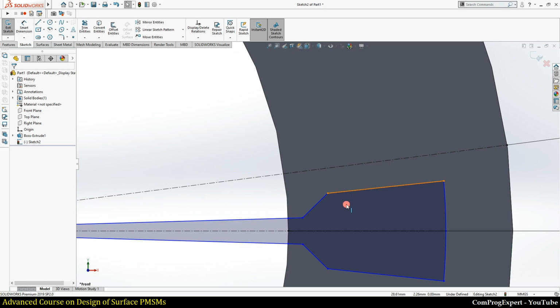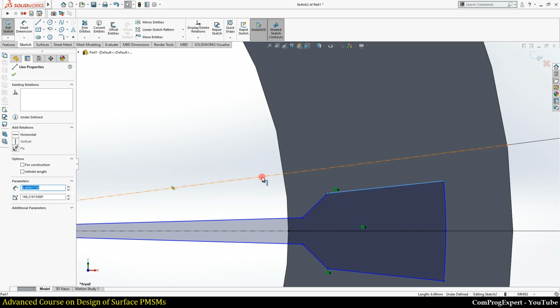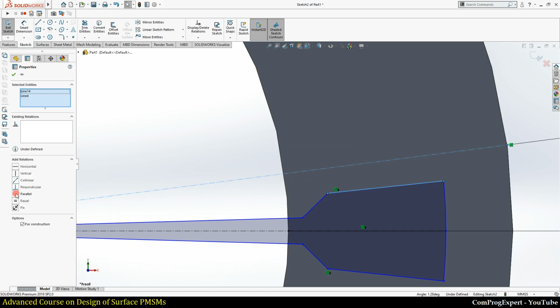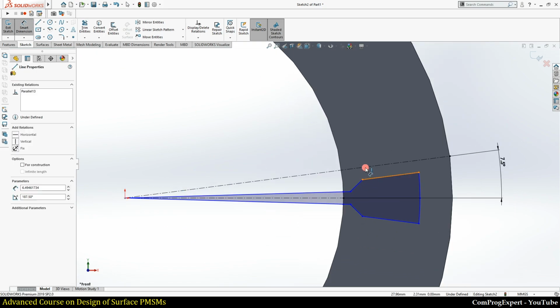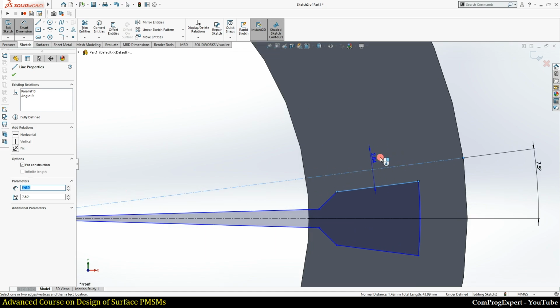So we know that this line is parallel with this line. So the parallel condition, and now I can consider a thickness for this parameter, that is the width of the stator tooth, that is constant in this direction.